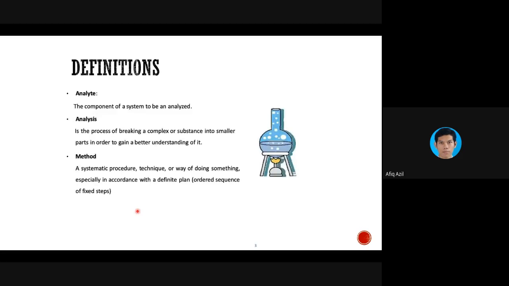So some keywords or terms that you have to familiarize yourself with in the line of pharmaceutical analysis, one is analyte. So analyte is the component of a system to be analyzed. So any part of that you want to analyze, for example, you have a tablet of